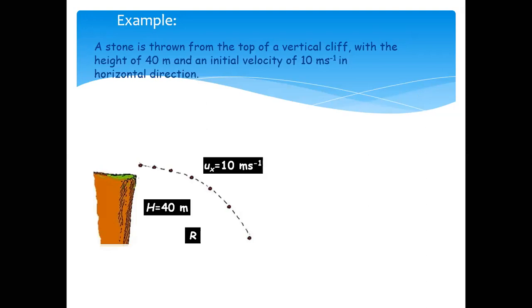Oh, sorry, another one we can go. Okay, this question. Get me the answer. A stone is thrown from the top of a vertical cliff with a height of 40 meters, and the initial velocity is 10 meters per second in the horizontal direction. Now the question is,